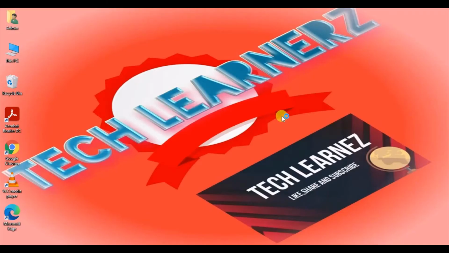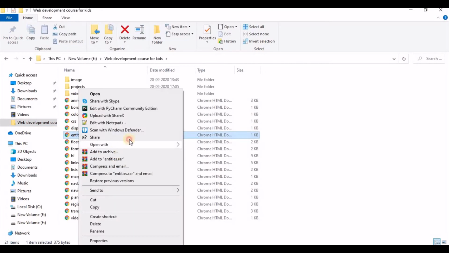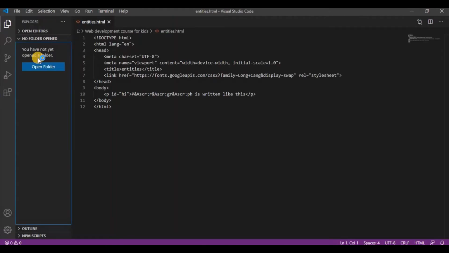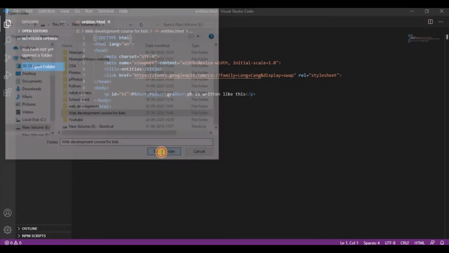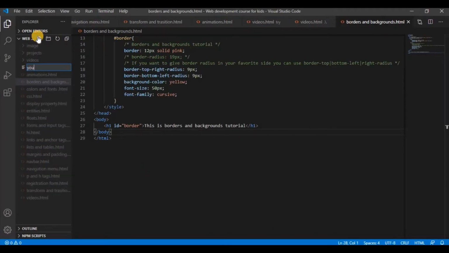So let us start our video. First I'll open my VS Code. I'll just right click and open with Visual Studio Code, and I'll select the folder Web Development Course Pockets. You should just click this button. As you can see, my cursor is highlighted, and you should click open folder, and you can just select the folder. I want the Web Development Course Pockets folder, and I'll make a new file called YouTube